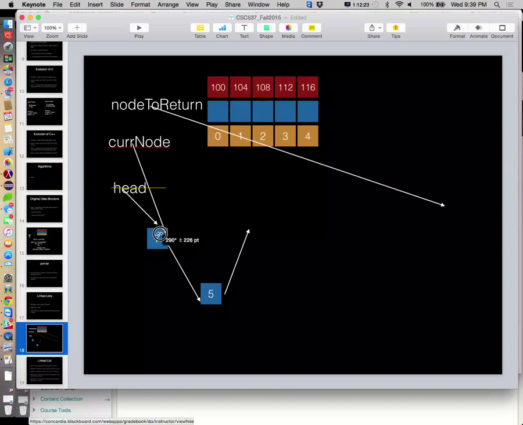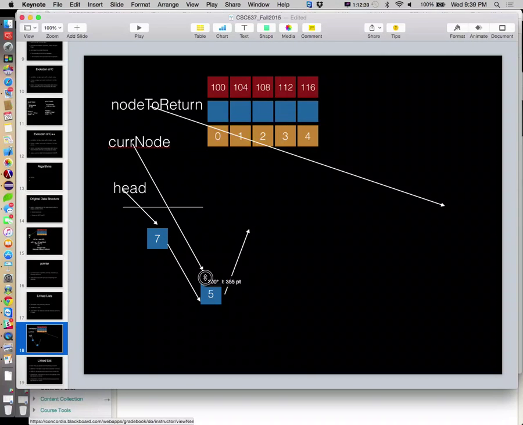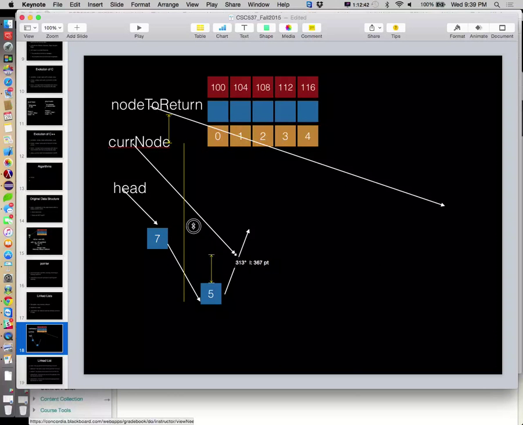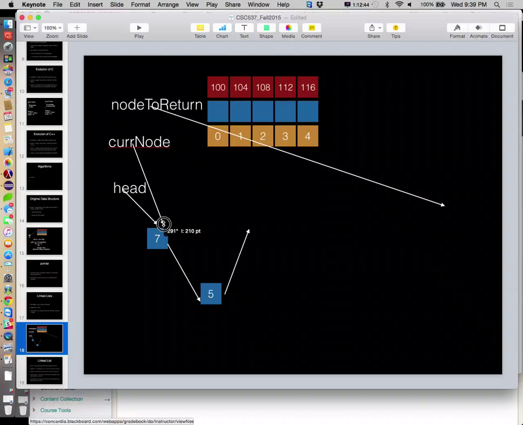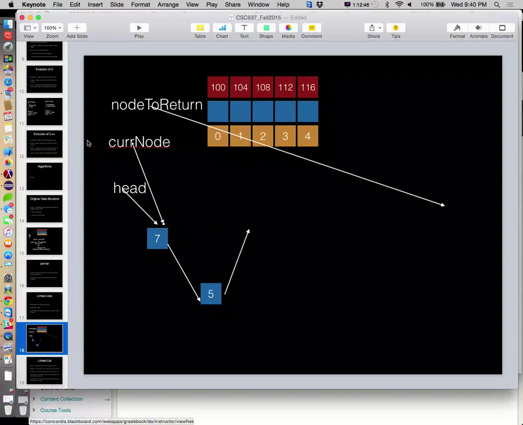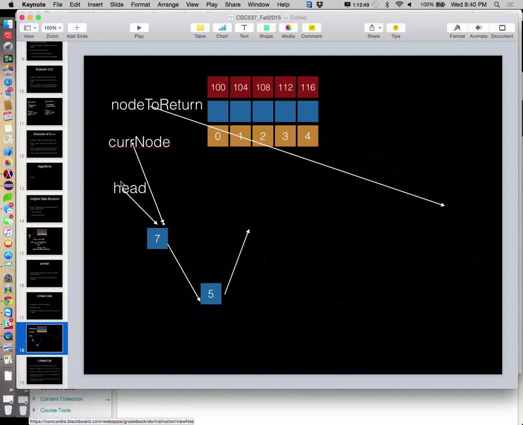All right, so we start off with Cur Node is equal to head. And then we say Cur Node's next node. Okay, yeah, this is where the problem is. So first we ask, does Cur Node have a next node? Yes, it does. Does Cur Node's next node have a next node? It doesn't. So we actually leave it right here. So right now our logic says that if head and Cur Node both point to the same place, then we're emptying the list out. But that's not the case in this particular situation.